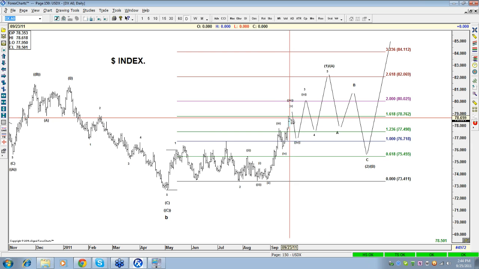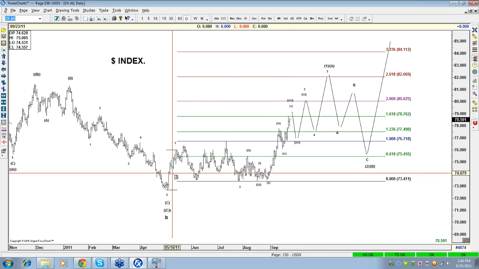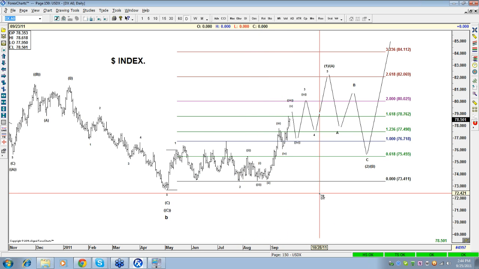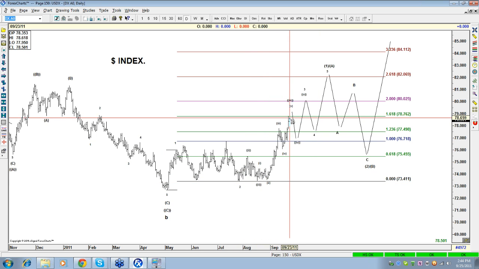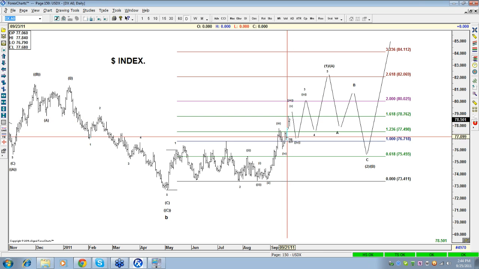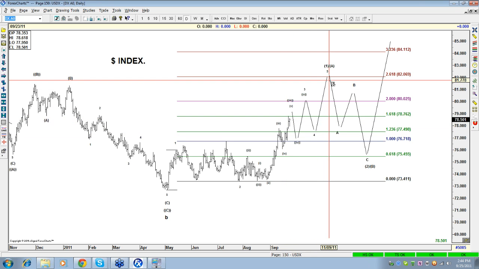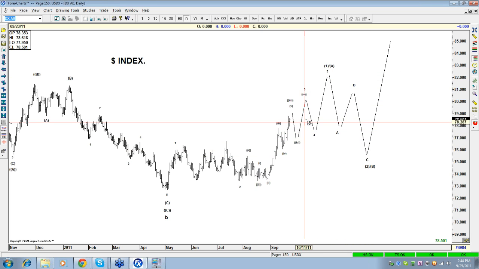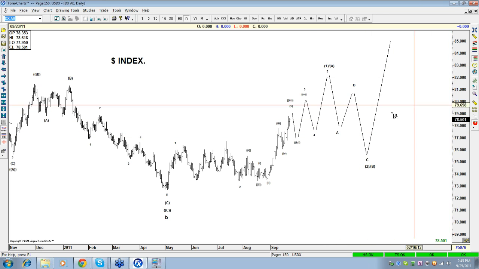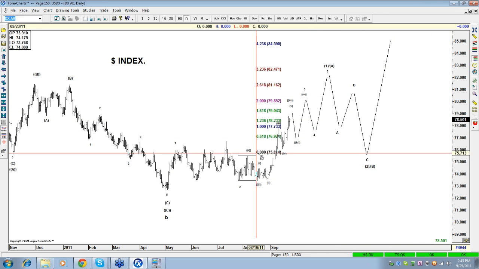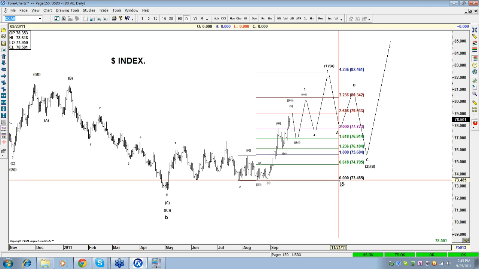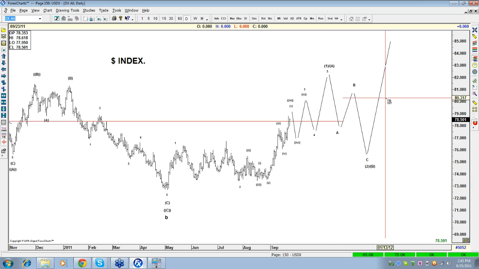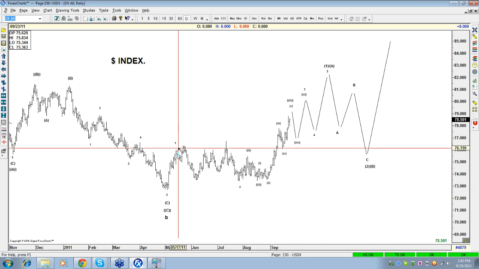That's the 161.8 of the first leg right there. And you can also make the case that what ended here is the wave 3. If not, the dollar should go higher. But also, if you're labeling from here, it's the 2% at the high right there. But do not overstay this idea yet.